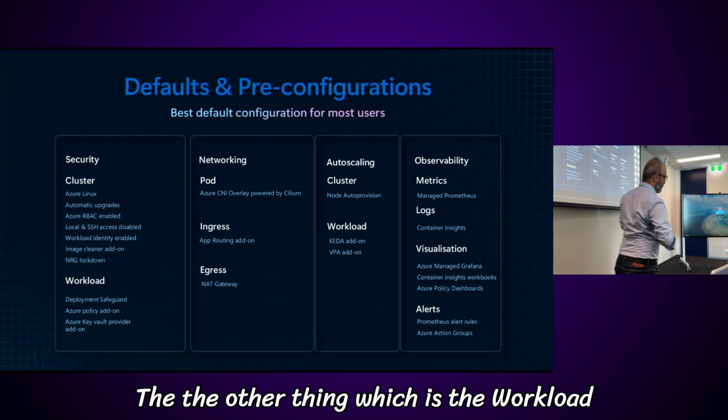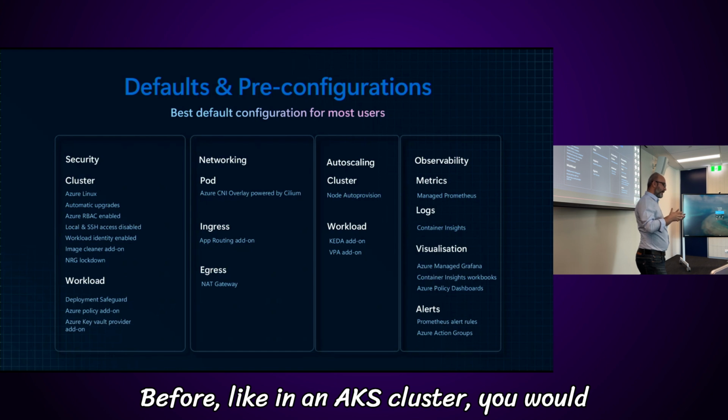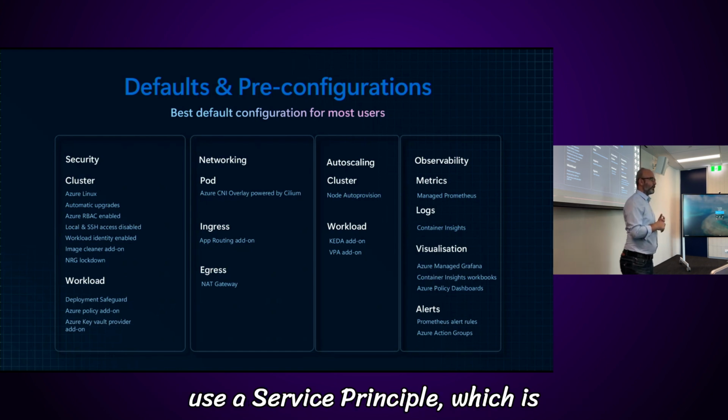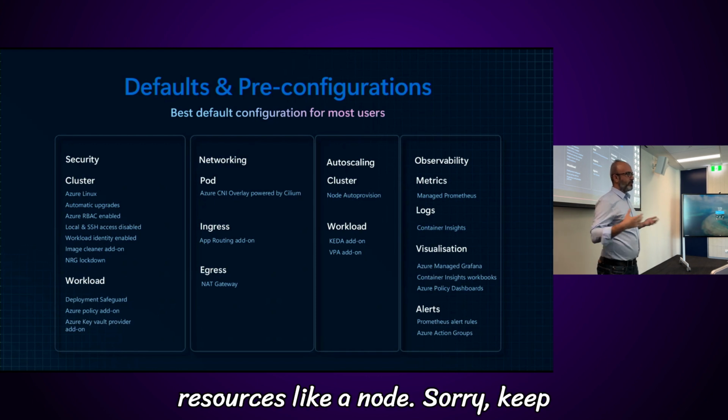The other thing is workload identity. Before, in an AKS cluster, you would use a service principal, which is basically how you give your resources, like a node or a virtual machine,